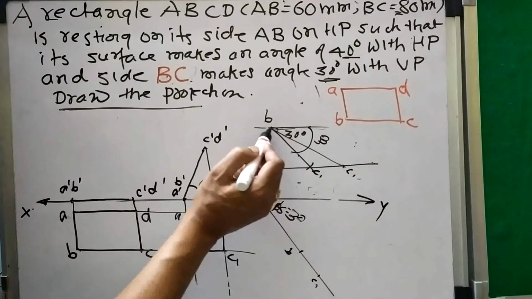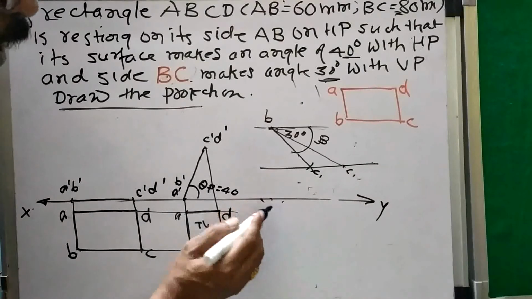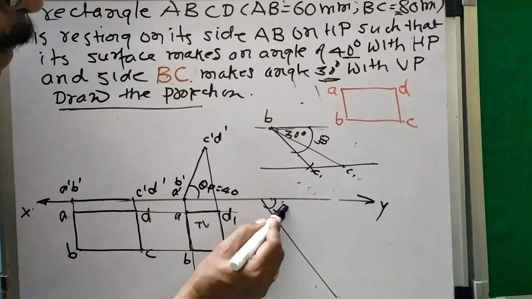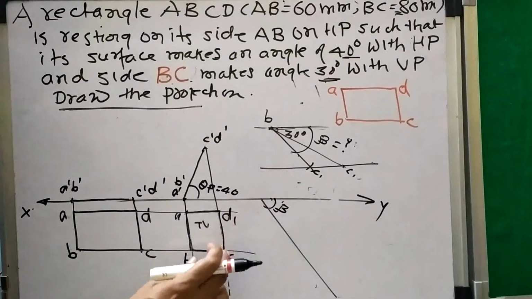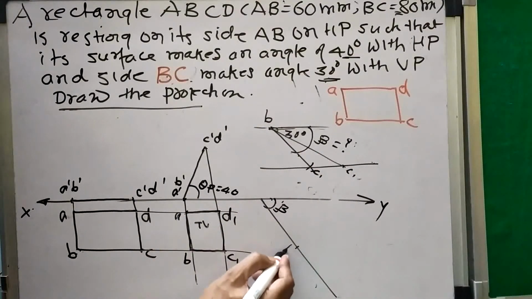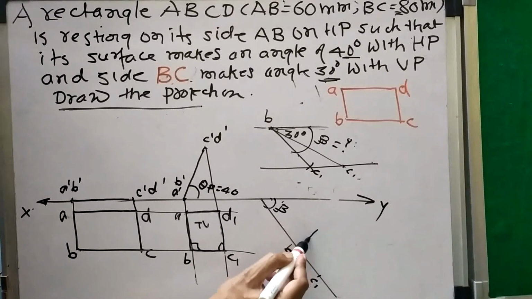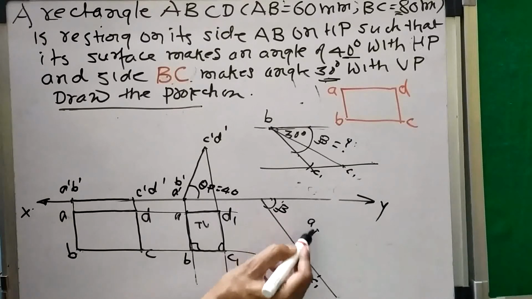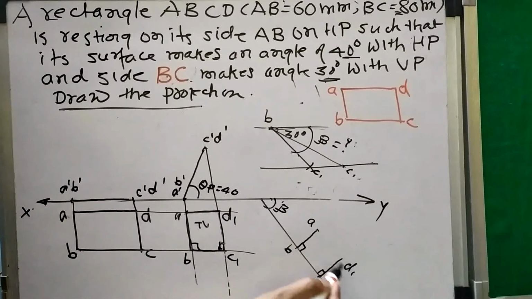Now use this B1 C1 inclination, measure this beta angle and take this beta angle here. So this is the beta angle, whatever it may be. Take this beta angle here, and on this beta angle measure this and cut this BC1, right? And then we know that these are perpendicular, so AB is perpendicular to BC1, and C1 D1 is perpendicular to BC1, so from C1 take a perpendicular, C1 D1, and join this.